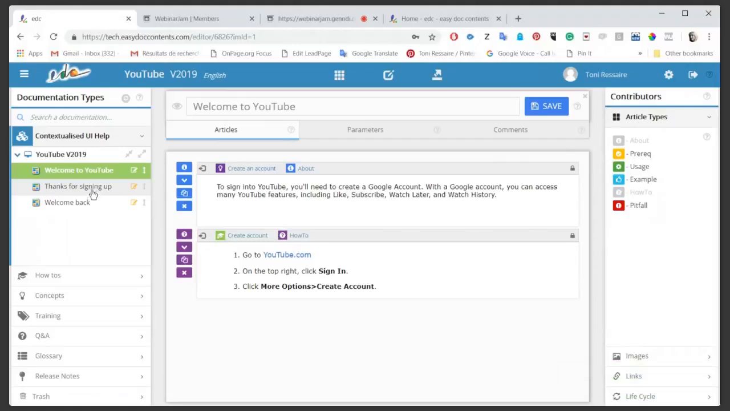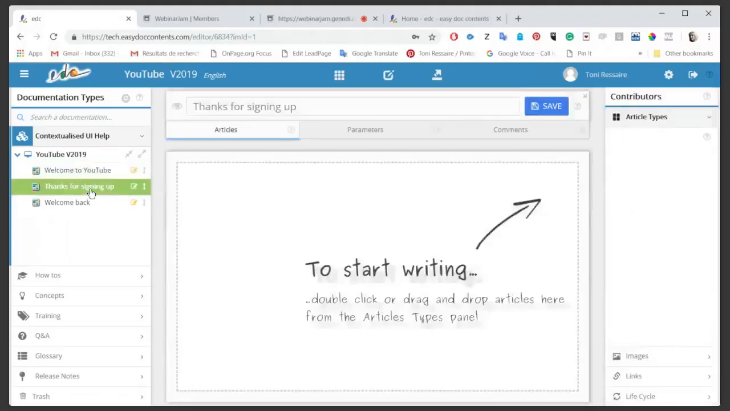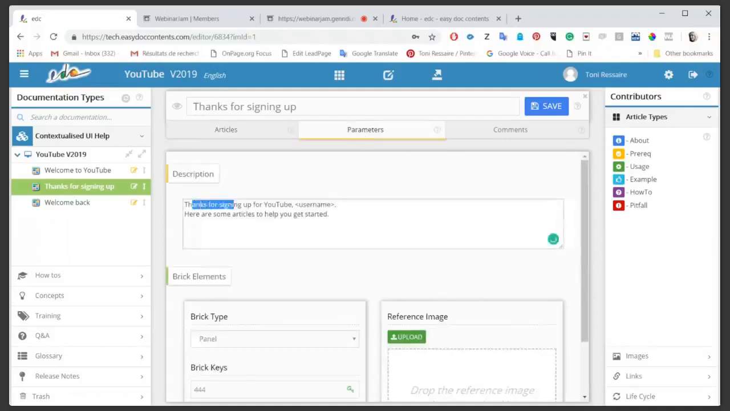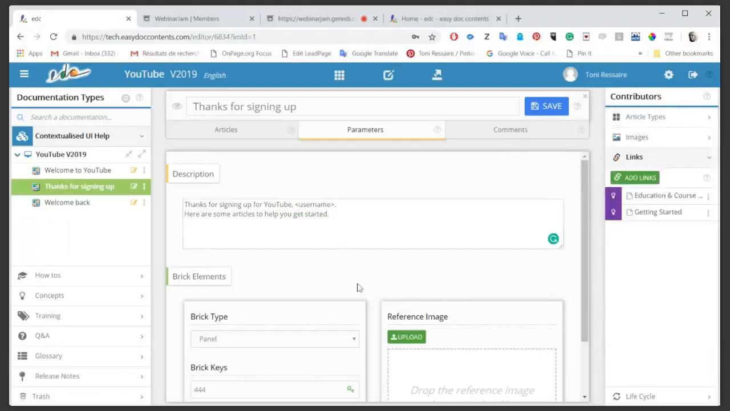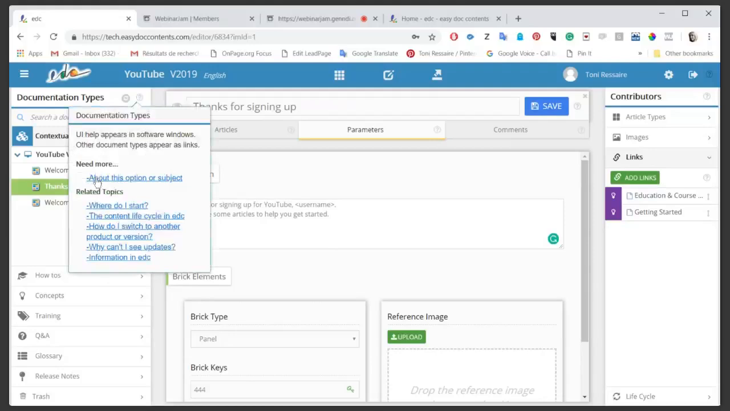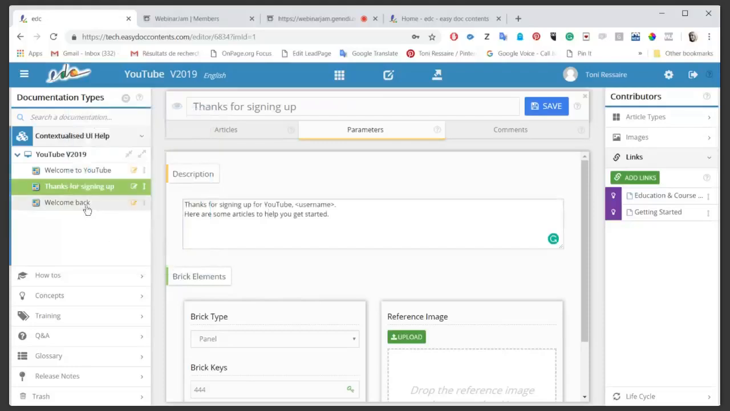The next message that Alice got. So here we have thanks for signing up for YouTube, and we can use something like username because it's going to be personalized. Here are some articles to help you get started. This time I've just linked to a couple of articles, and as I showed you with the way we have it in EDC, you saw how it looked in YouTube. Basically, these are more information and related topics. Okay? So then let's take a look at